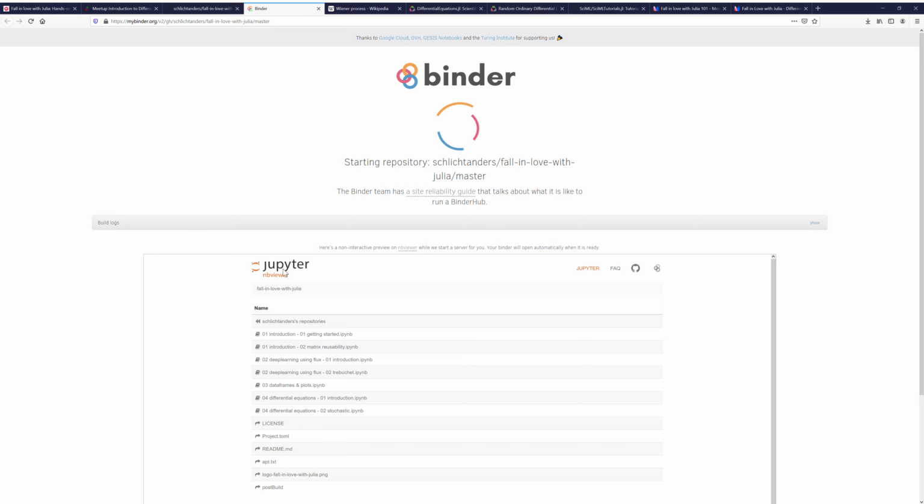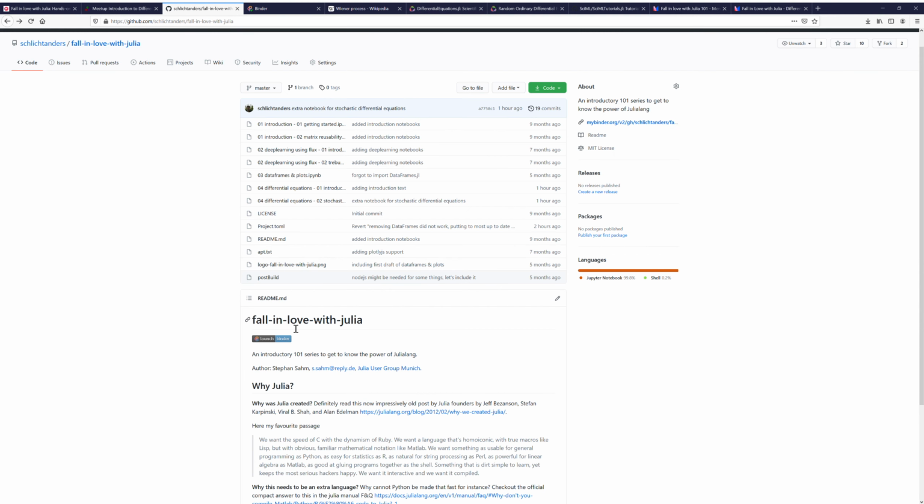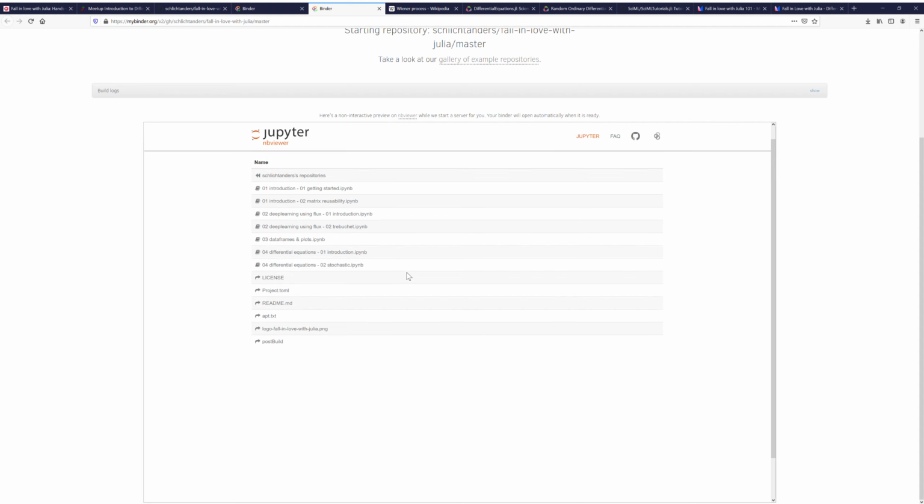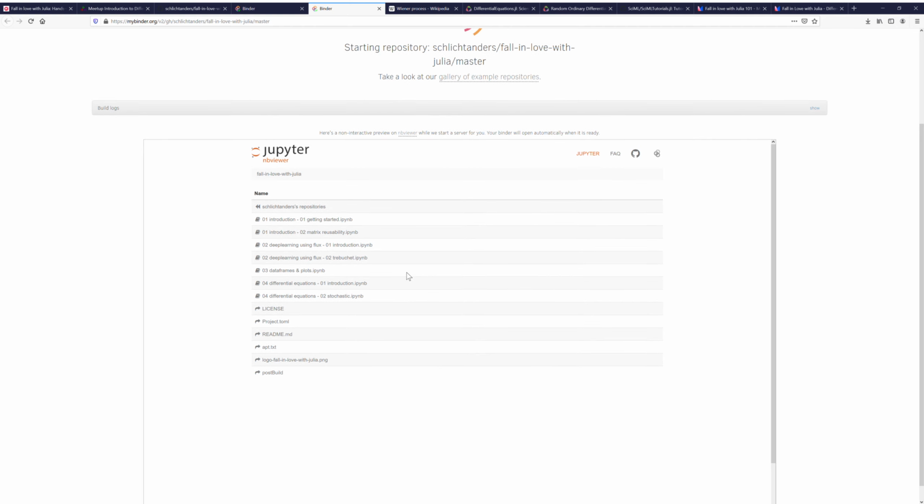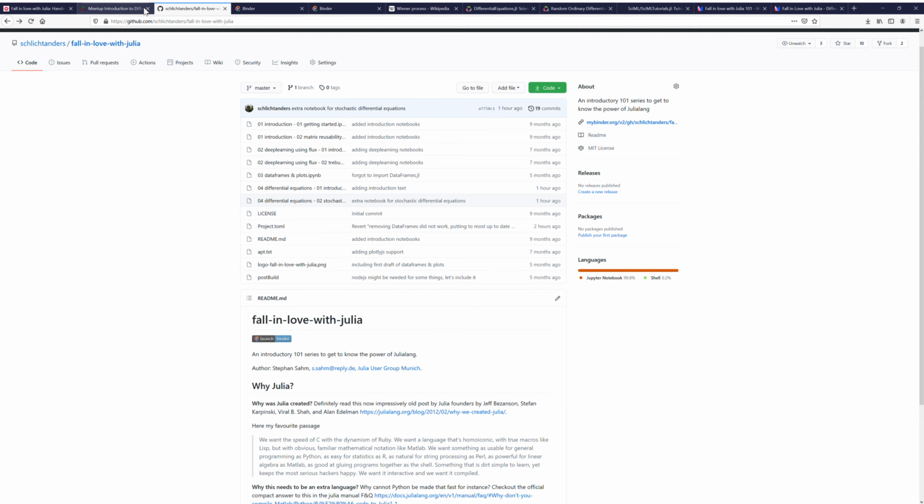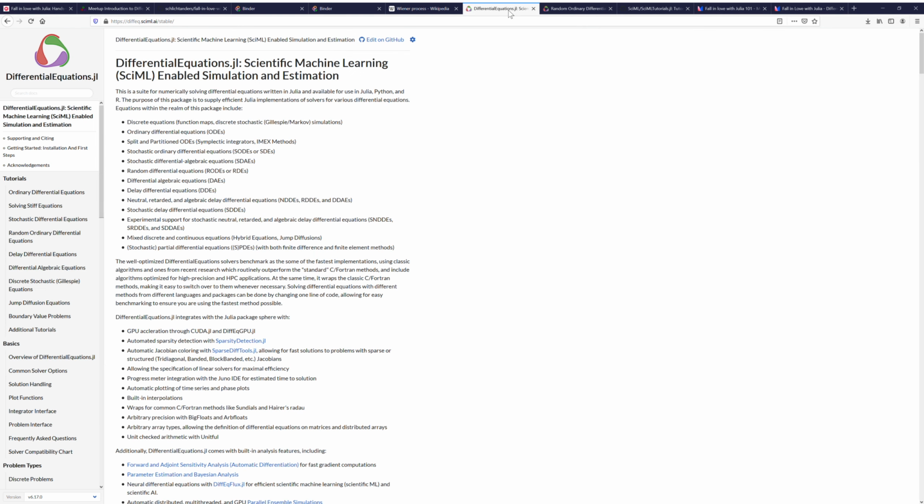Okay, so this should usually be fast, but for me it's still not there. In case it takes too long for you, you can just click a second Binder, because sometimes things happen. It's having a cached repository in the back, a cached Docker image, which it's loading, so it should be relatively fast. Okay, so what we're going to look at today is the DifferentialEquations package,